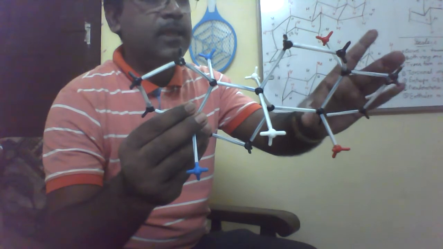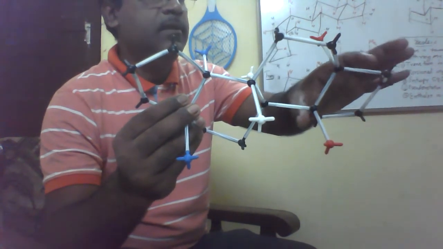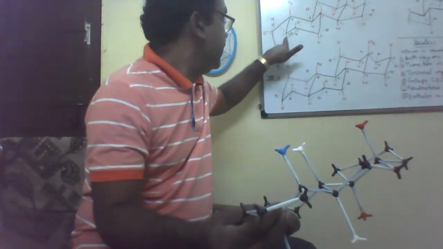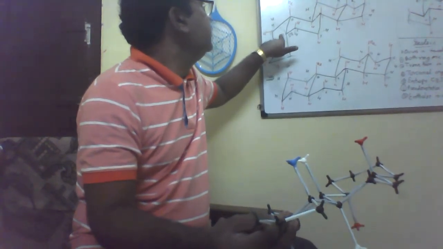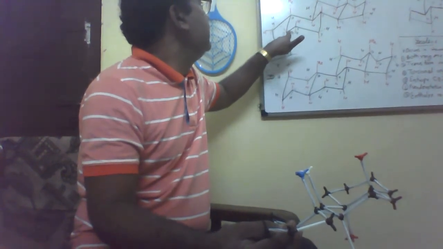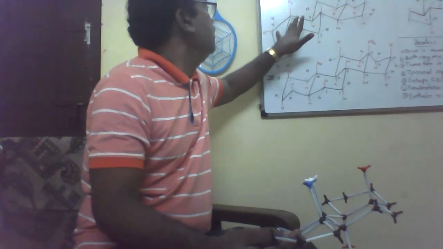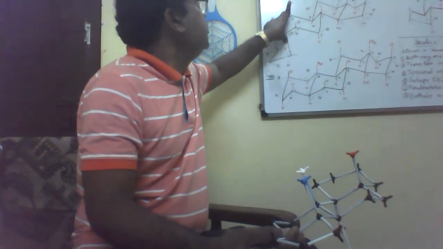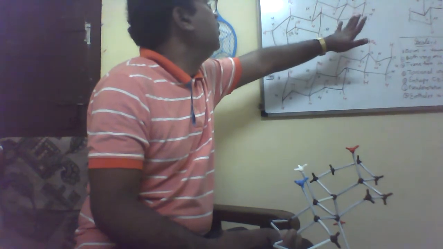The only change is if this is in cis conformation. If the first ring is in cis conformation, then the attachment is axial-equatorial. This is an axial bond, and this is an equatorial bond. When we consider this ring, this carbon bond is the axial bond, and this is the equatorial bond. Only at carbon number 10 and carbon number 5 is there a stereochemistry change. The remaining are joined with each other by equatorial bond fusion.